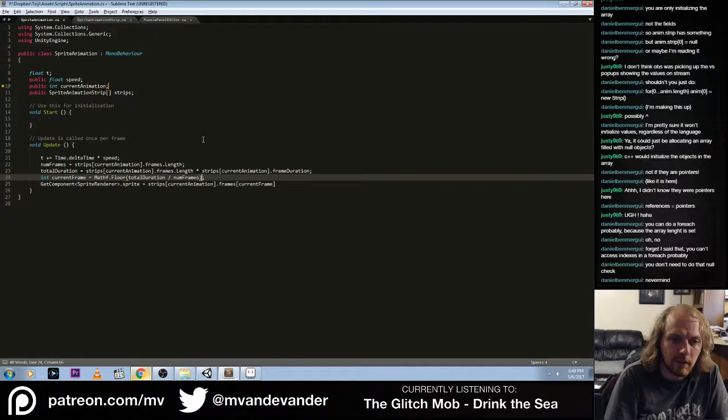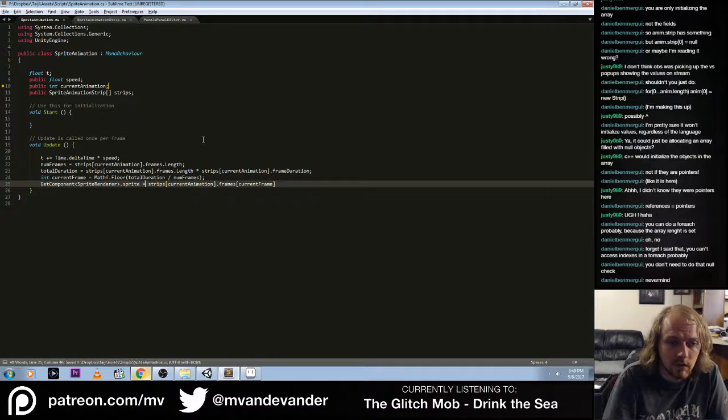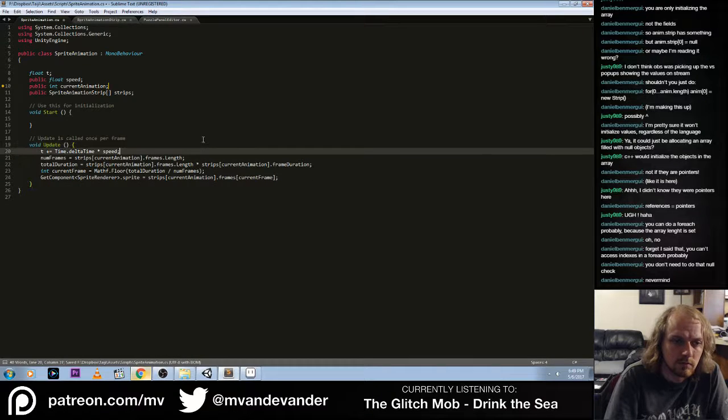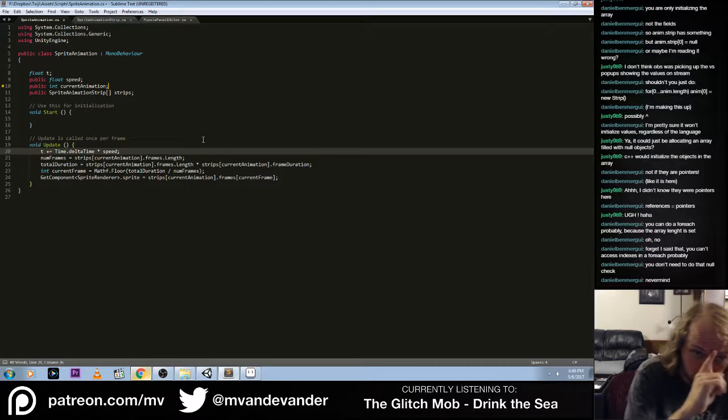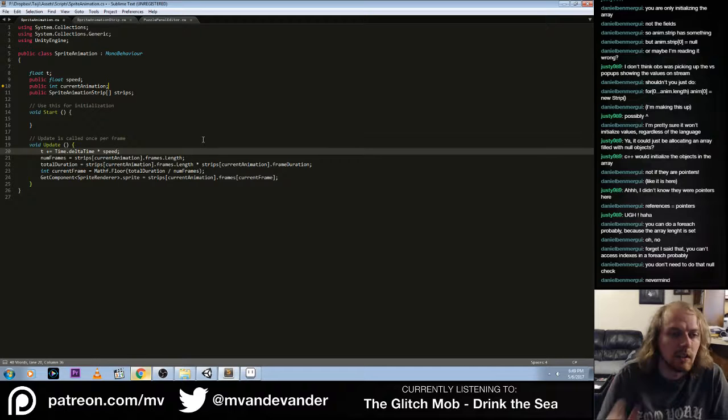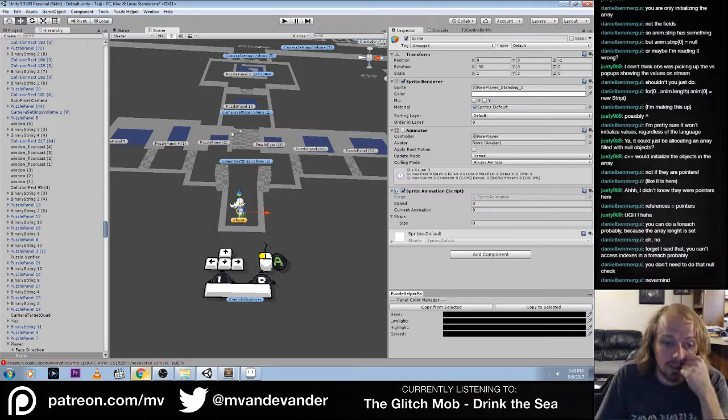Should be able to floor that. Okay, so now we do this basically and set that to frames, current frame. So theoretically that should work. There's no null checking in there, but